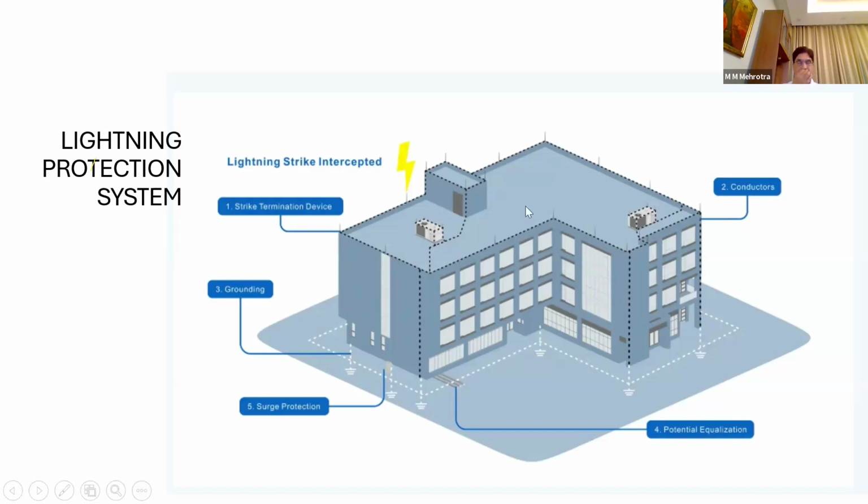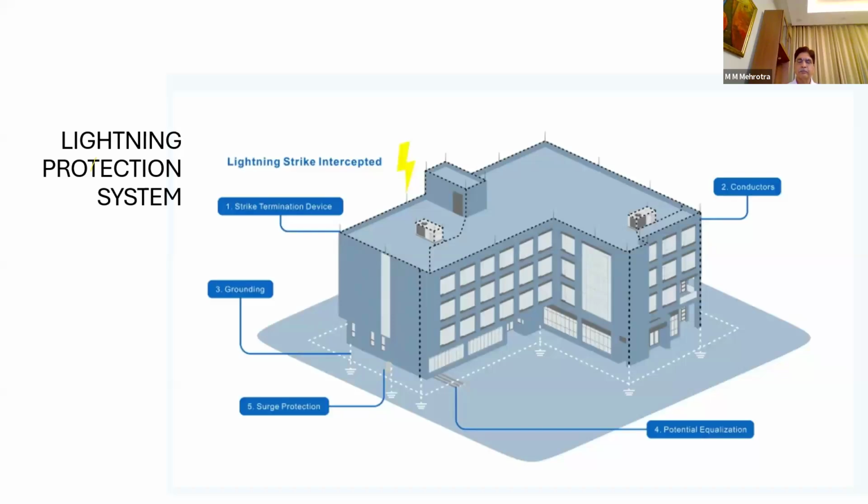These conductors will be insulated from the building. There is a porcelain seat on which these conductors are placed. What kind of conductor will it be? It will normally be an aluminium flat conductor, 25 centimeter by 3 centimeter. These kinds of conductors will take my energy into the ground.